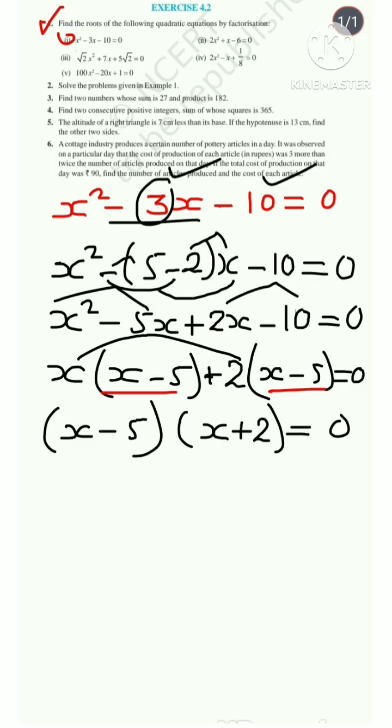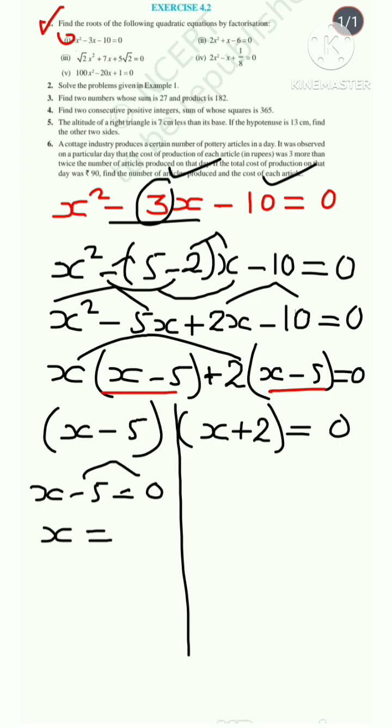Now x minus 5 make it equal to 0, then we obtain the value of x will be, when this minus 5 goes to RHS and becomes 5. Similarly, x plus 2 make it equal to 0, then we obtain the value of x, this plus 2 goes to RHS and becomes